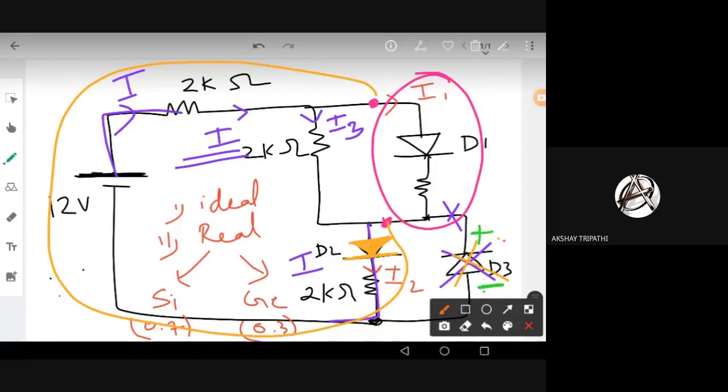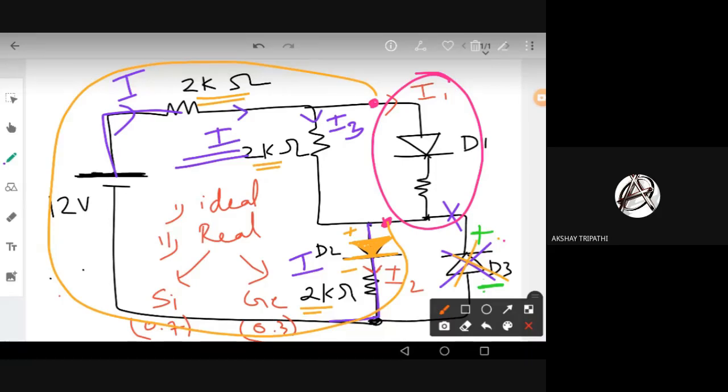Now when this diode is here, how am I going to model it? In the ideal case, it is very easy. I can just draw a short circuit because it is forward biased. But in the real case, I have to model it using some kind of equivalent circuit. That equivalent circuit can be a constant voltage equivalent circuit or a piecewise linear equivalent circuit, and it depends on how much accuracy you need. But you can see here all the resistances are in kilo ohms, 2 kilo ohm, every resistance is 2 kilo ohm. So I think the constant voltage drop model or equivalent circuit will be fine. There's not much error here also, right?